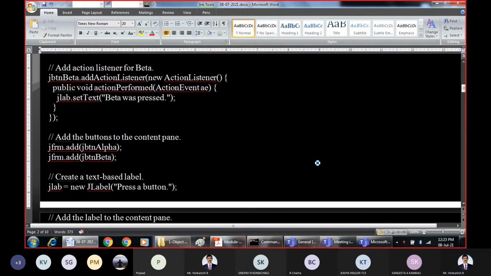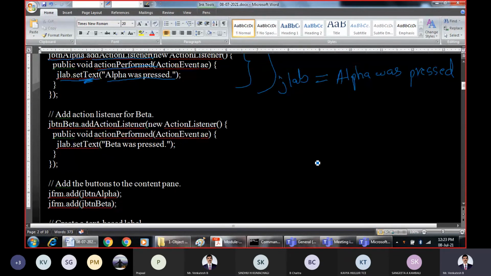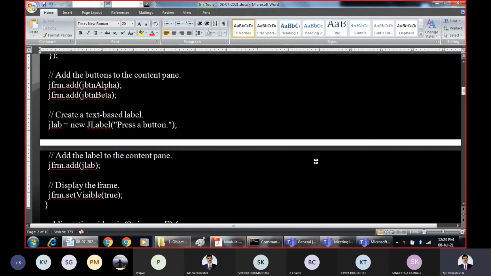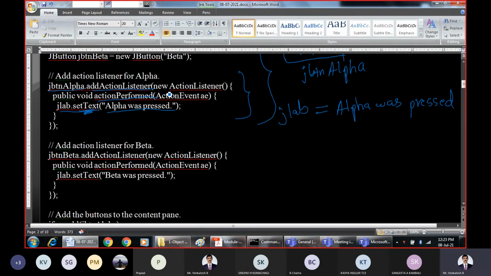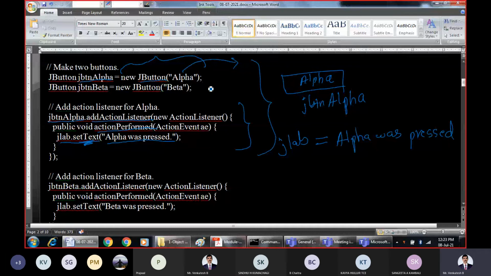In the same way, we are creating another button called beta. Here we have created another button called beta.